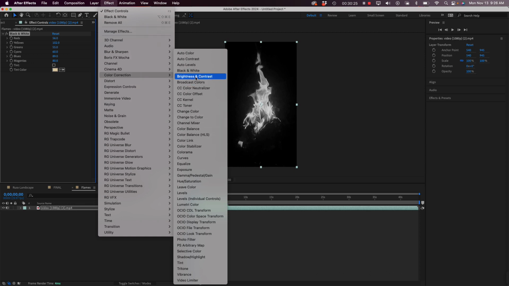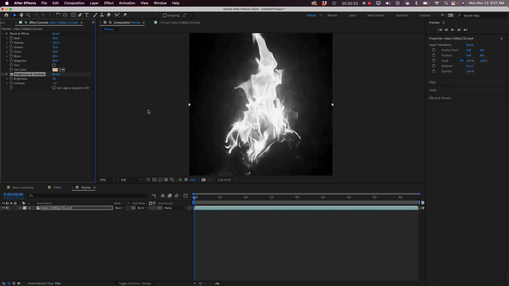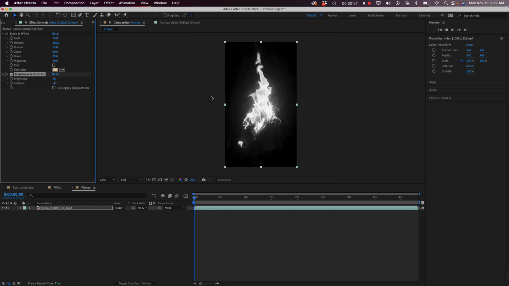Maybe I'll just do a brightness and contrast, maybe. So I can brighten the white areas, but I can strengthen the contrast just a little. So I can kind of see some spread in that glow coming out there, but